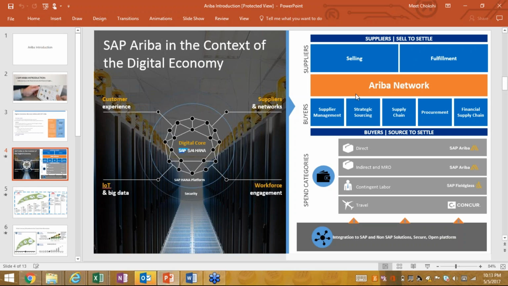Suppliers and buyers interact through the Ariba network, right? So I would like to say here that Ariba also does a lot of things for suppliers, because they have to enable all those suppliers, right? They have to be on the Ariba network so that buyers can use those suppliers, and the supplier will be charged fees, right? The supplier will be transacting, so per PO they have to pay some fees, per invoice they have to pay some fees,